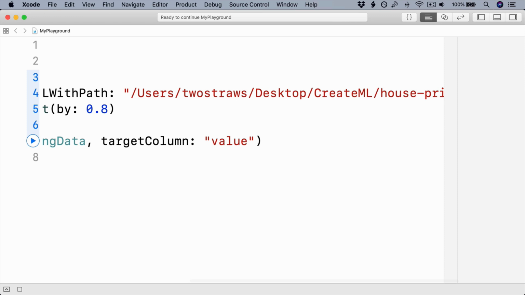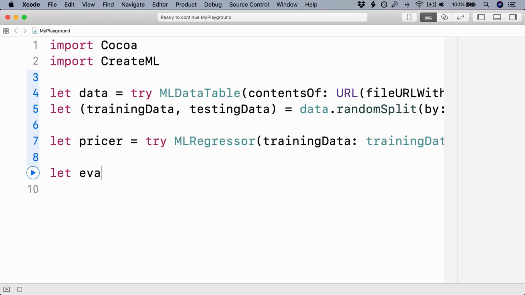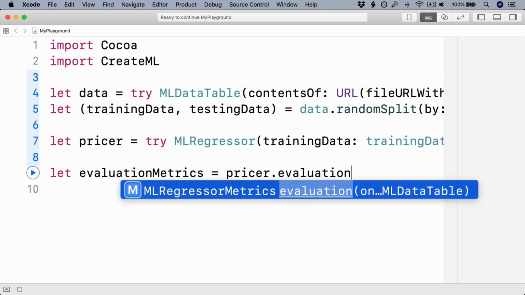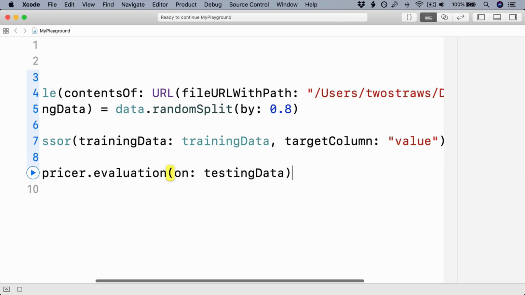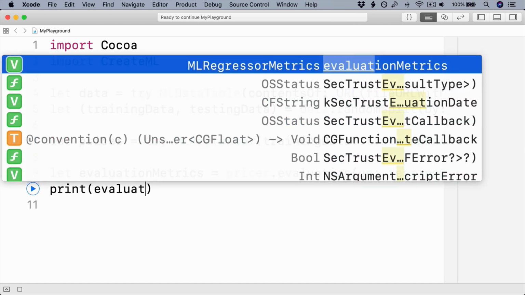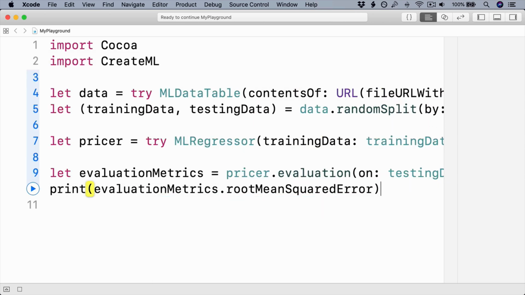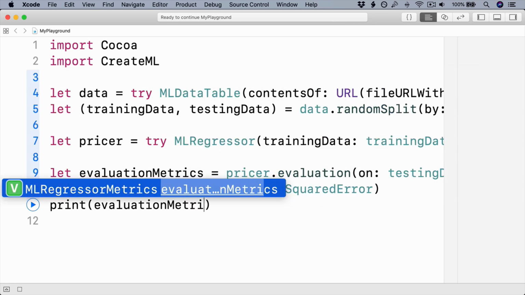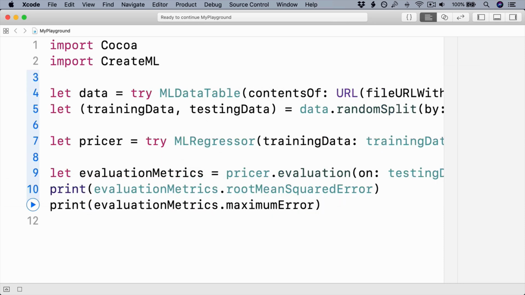That's all it takes to train the model on our data, but before we know it's safe to use, we need to test it. Create ML can do this automatically by adding 3 more lines of code. Let evaluation metrics equals pricer dot evaluation on testing data, print evaluation metrics dot root mean squared error, print evaluation metrics dot maximum error. That asks Create ML to create an evaluation of our model based on the testing data,